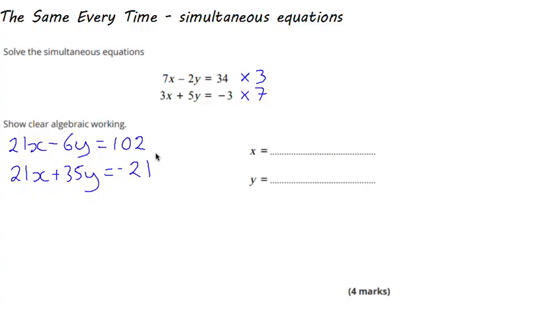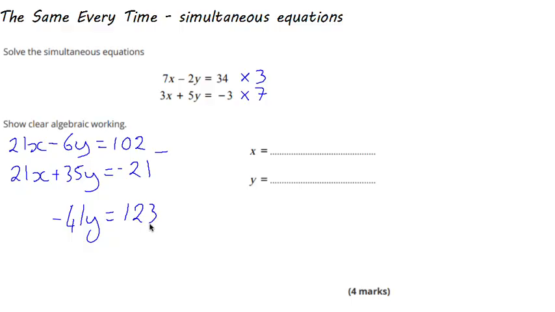Now the x at the top is 21x, the x at the bottom is 21x. So if I subtract them, then I'm going to just eliminate the x from this first stage of my working out. But we need to be very careful here. Top equation minus bottom equation. So negative 6 minus 35 gives me negative 41. So negative 41y equals, be very careful, 102 minus negative 21 gives me